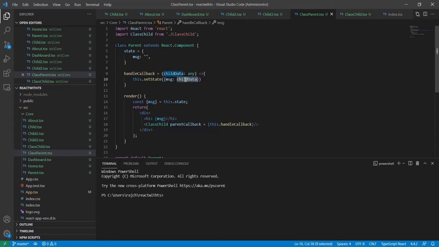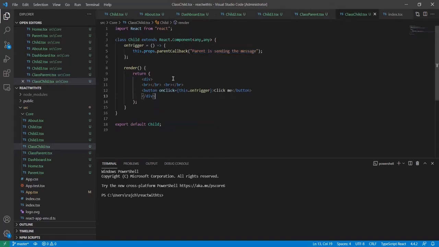Okay, and now I am receiving the message here in the const, the message constant variable, and here I am displaying whatever message is received from the child component.